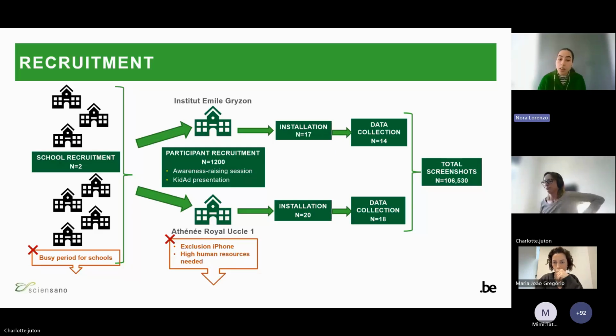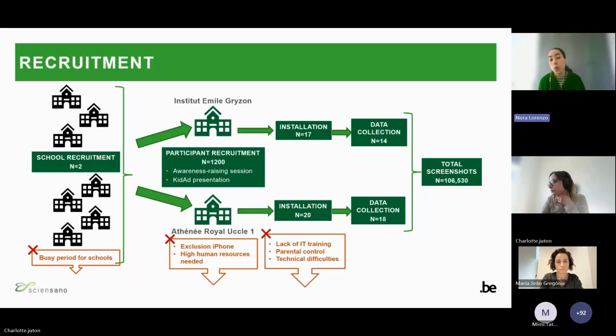So from that, in the end, we had about 37 participants that were eligible. And then we proceeded with the installation of the app, which in the end we were quite able to do. We had just 5 participants that dropped out due to the fact that the app is not easily available, and the installation process requires quite a lot of IT training and understanding also from the researchers' side, which was quite difficult. And as well, if participants, for example, had parental control enabled in their phone, that was making the process more difficult. And so in the end, we ended up with the data of 32 participants,